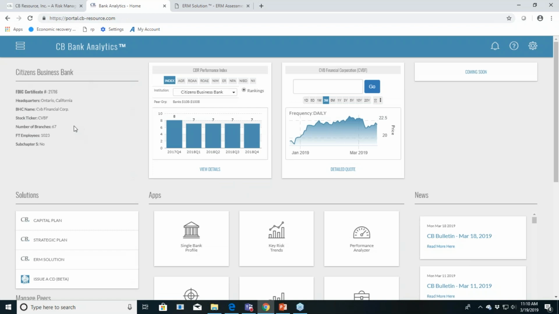If you have a holding company, it'll be there. If you're trading, your stock ticker symbol will be there. Branch network, head count, and the type of corporation you are. But kind of right off the bat, the first 2 things that are just here for good general knowledge, you can pop in anytime. The CB Performance Index